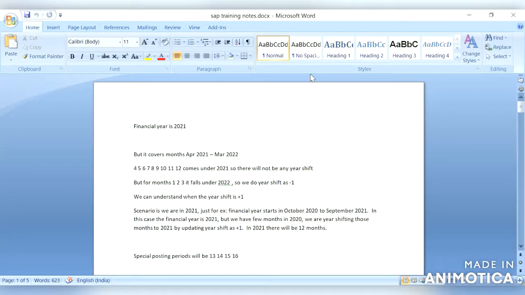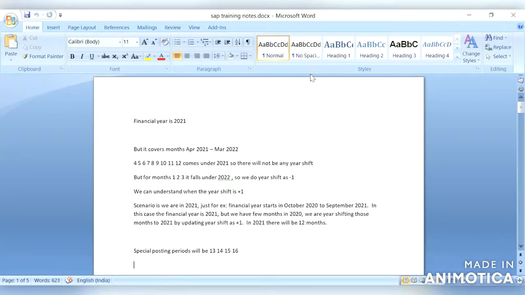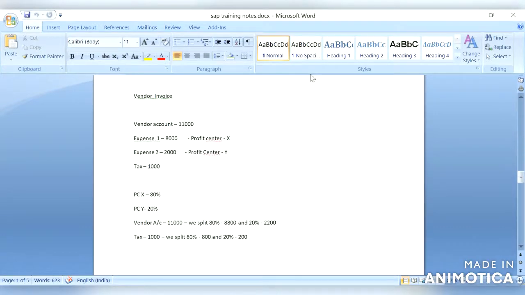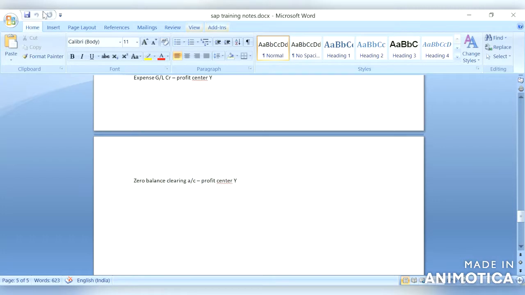Compared to classic GL, in the new GL table FAGLFLEXT, this is the new GL totals table. FAGLFLEXA is the line items table.